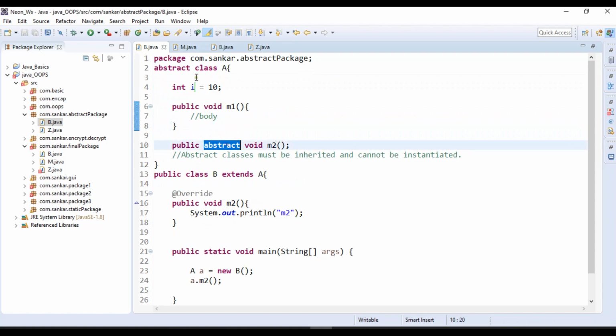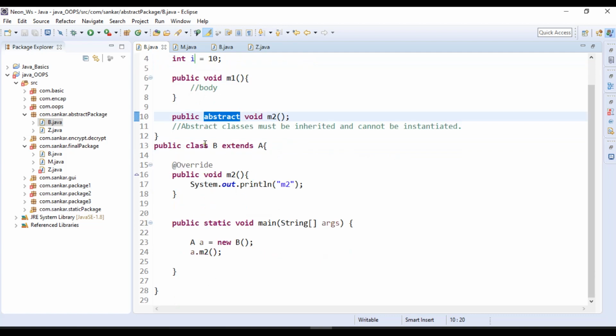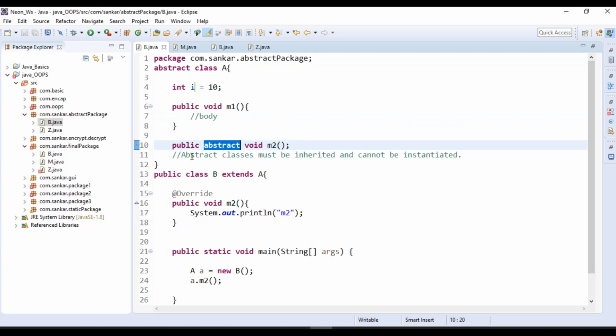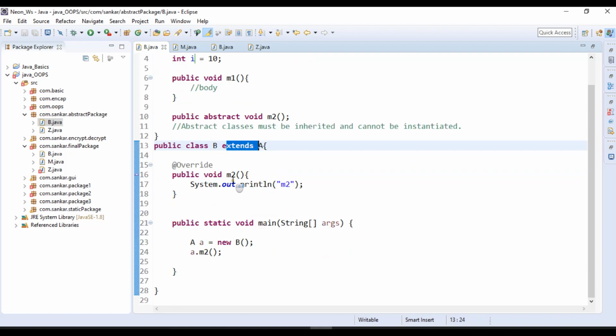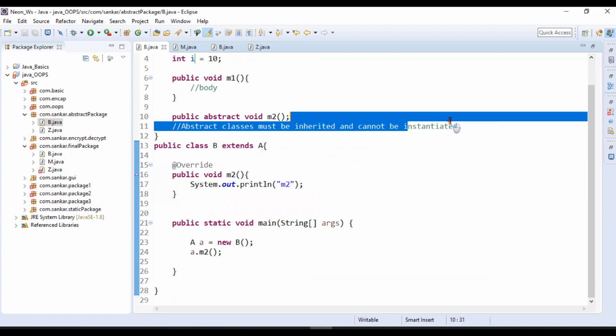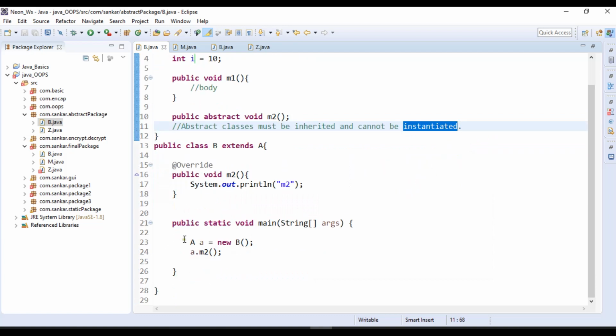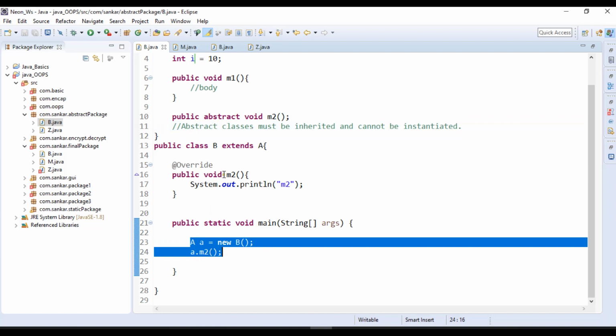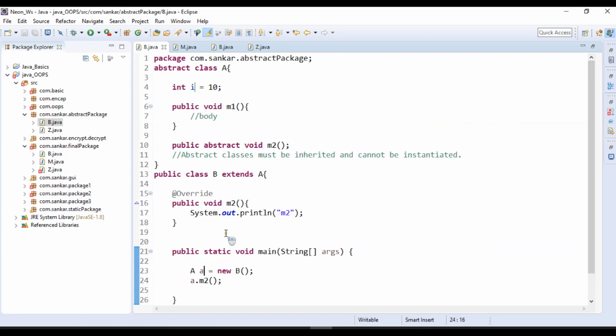Why are we using the abstract modifier? The abstract modifier we use at class level, same as we use it at method level. Whenever you use it, we need to use the inheritance concept. We need to apply a parent-child relationship, then we need to properly override. We can't create objects for abstract classes. We can create objects for the child class with that child class reference. With the help of that reference we can call methods. Up to now you are clear.